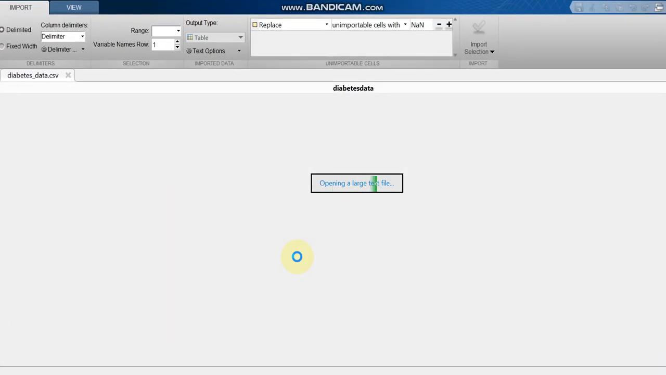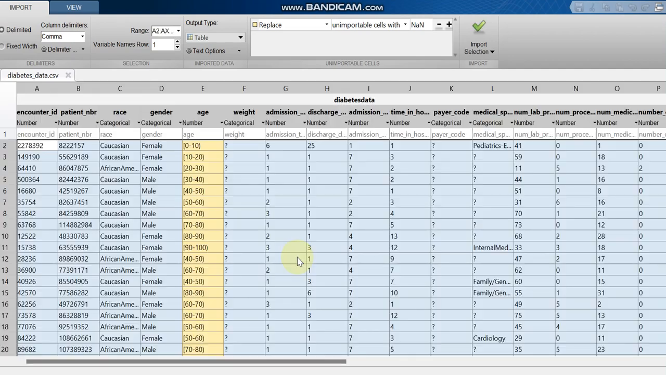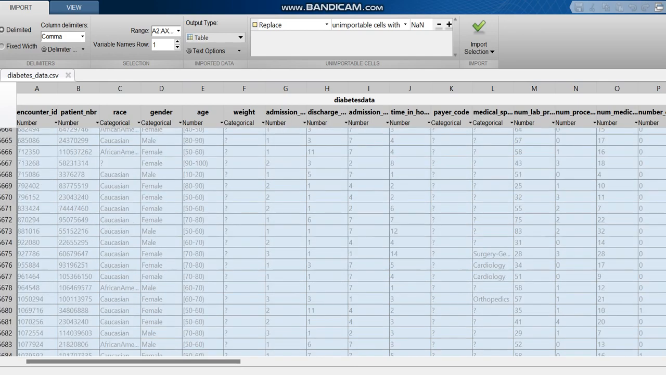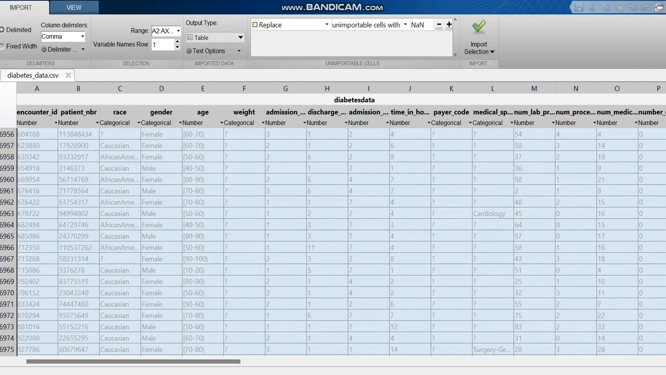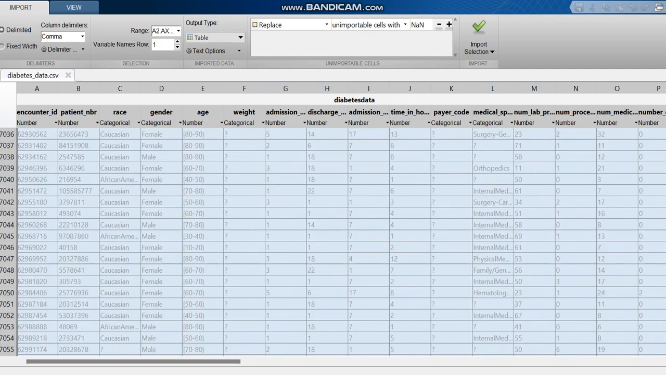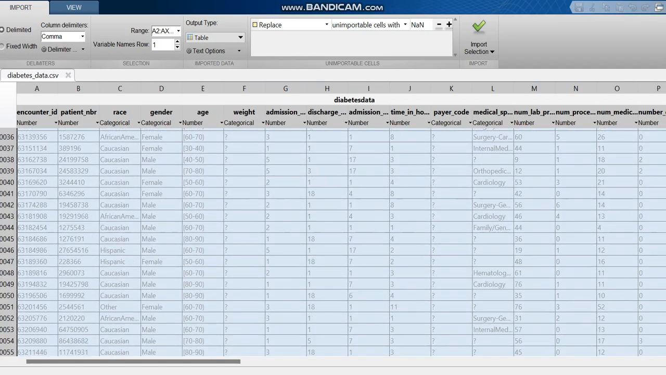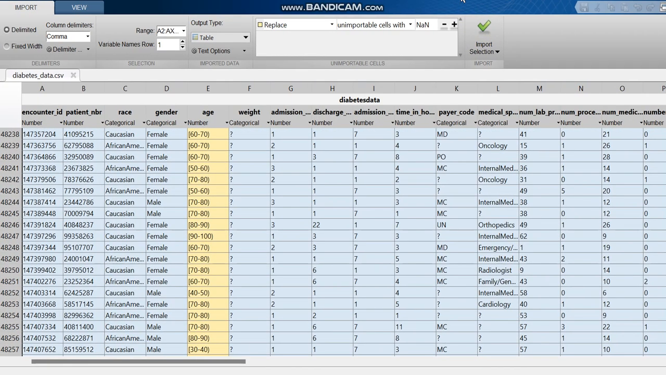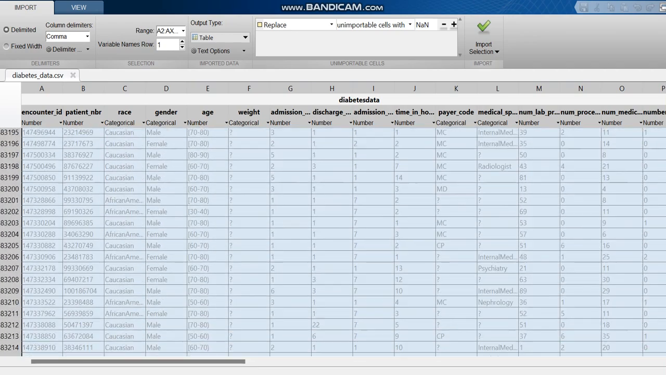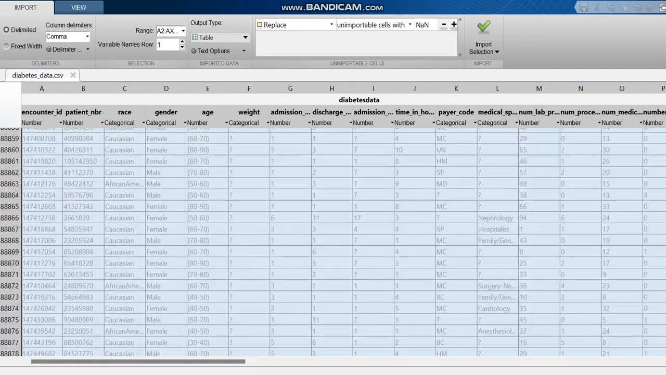Since it is a large file, it will take some time. Why I'm opening it here is to see the difference from before. This is the original data set. After we have reduced, we have to see what the size of the data set is. So to show the difference, I'm now opening the original data set. The original data set has more than